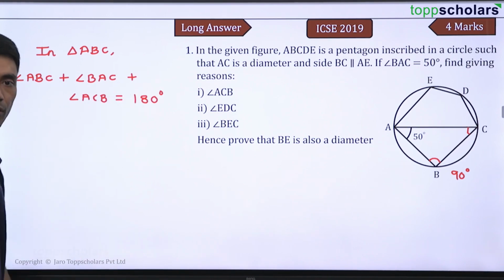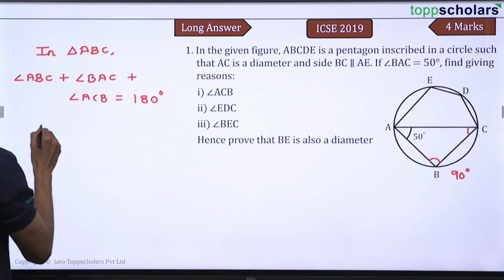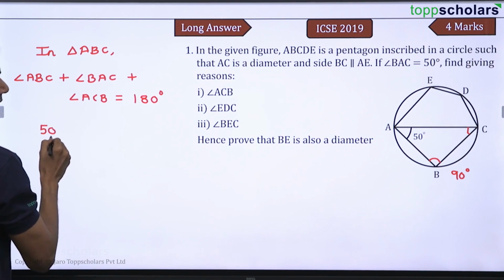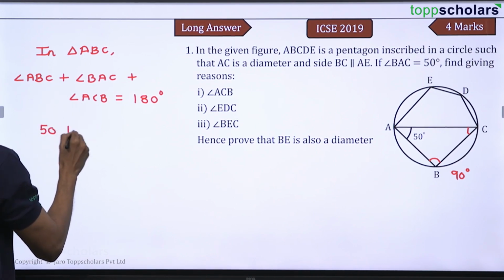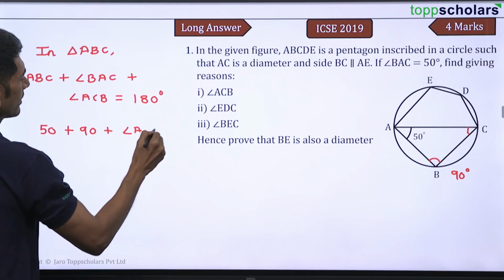This is because sum of all angles of the triangle is 180. Now we know the two angles 50 and 90. So I can write down 90 first, no problem. The order doesn't really matter. Plus 90 plus angle ACB